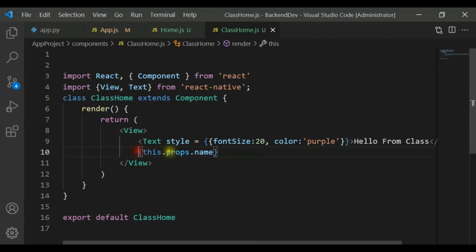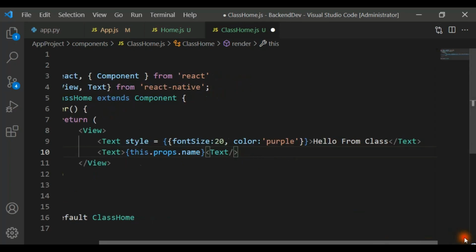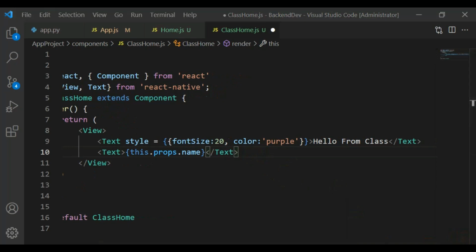Oh, this also we need to add a text in here because we have a string, and it should be wrapped in a text. So like this, and it should be in here. Okay, now let's just save this,